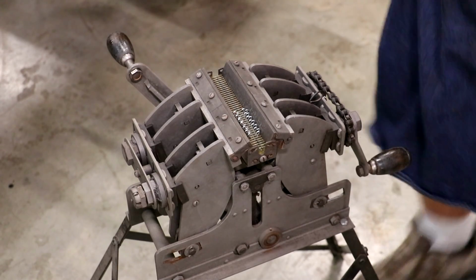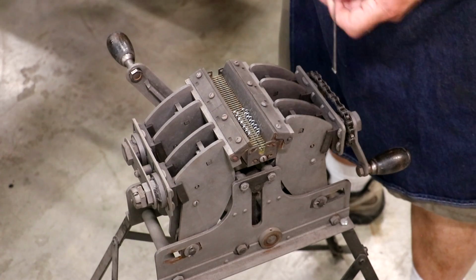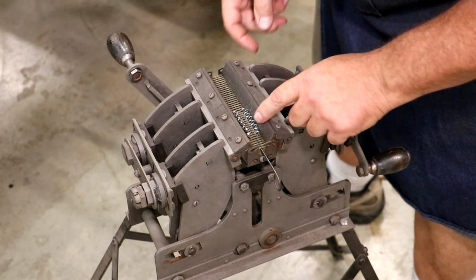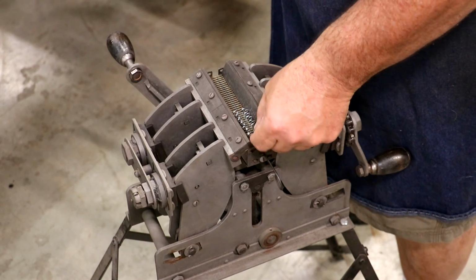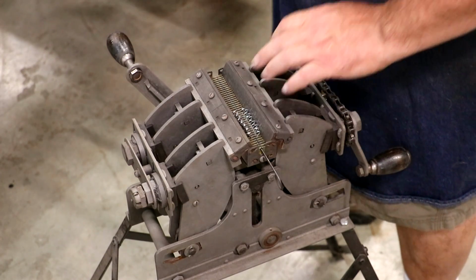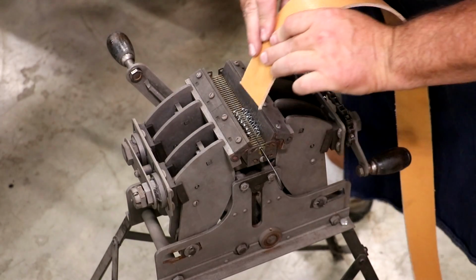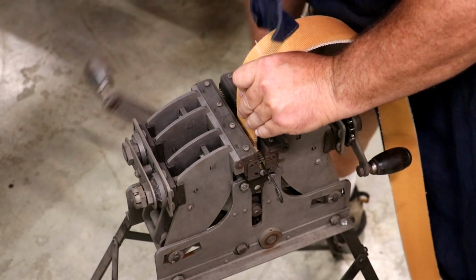All right, we have our clips positioned in there, and next thing we'll do is we'll take our little wire pin. There's a hole down here beneath the bottom, and you want to capture all those clips so that that pin is up underneath it. And they're all captured in there now. They won't pull out, and they're properly spaced. They're at the right depth, and from there we'll go ahead and put the belt in and clamp them on there. So we'll just take our belt, put in here, and